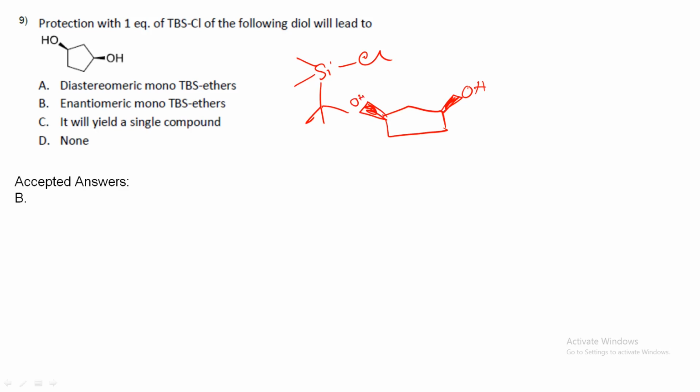So again we have two possibilities, and let's generate two isomers. Then we will be checking the stereochemistry. OTBDPS here is unprotected. You can see one equivalent, so that's why one of them will be protected. Another will be